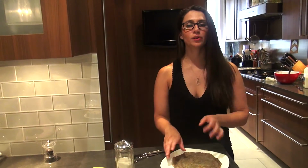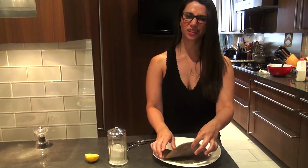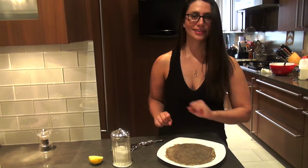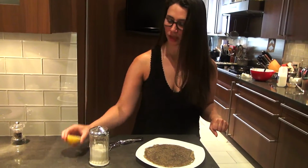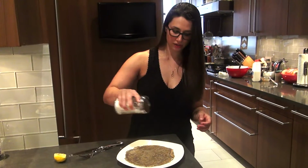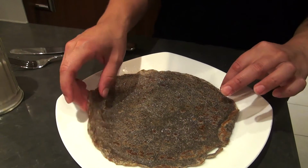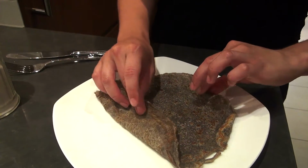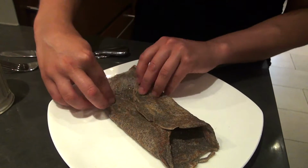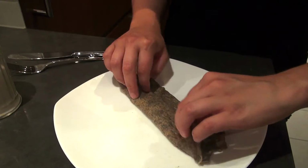But because I'm going classic, I'm gonna flip mine over. There's always a presentation side. The first side's like the presentation side, and the second side ain't so much. My favorite way my French family would always do, my adopted French family, is a little bit of lemon, a little granulated sugar. And you can roll this and eat it. Now, technically they cut their crepes. There's like a whole method of going like this, or whatever. I'm impatient. I was gonna use a fork and knife, but